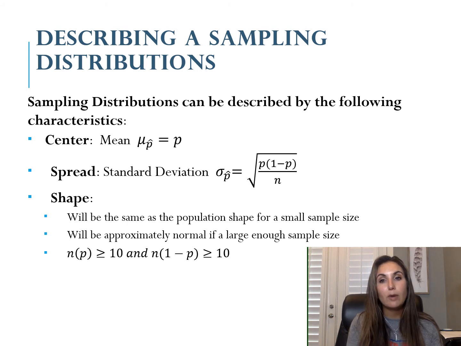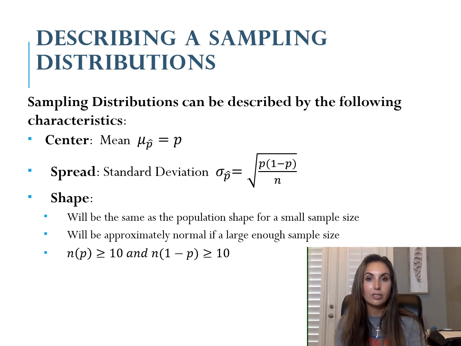And then it will be approximately normal if there is a large enough sample size. And how you determine if there's a large enough sample size is you need to do N, so your sample size times P. All right, so sample size times the proportion. In this case, it would be 0.25. It has to be greater than or equal to 10, and then you're also going to check that N times 1 minus P, so in this case it would be N times 0.75, that has to be greater than or equal to 10. And so if those conditions are met, then that means that your sample size is large enough